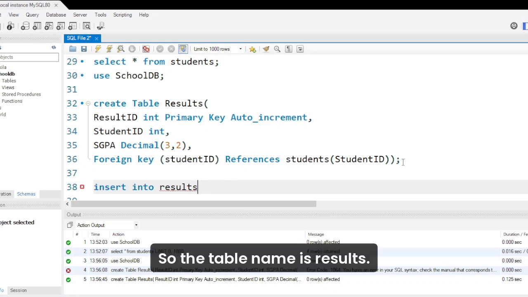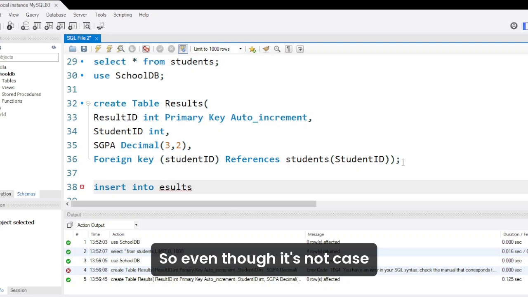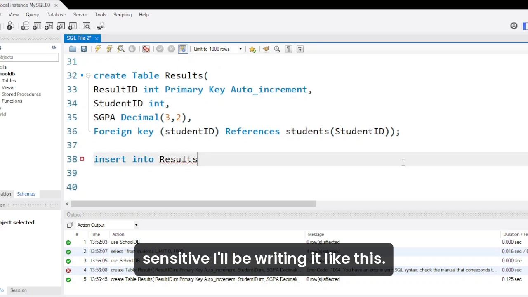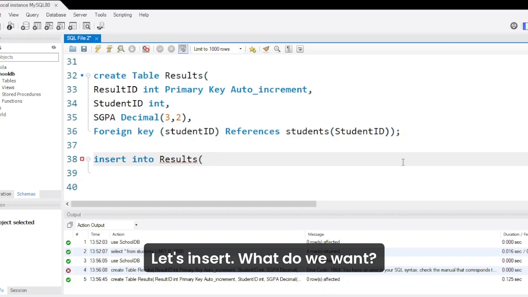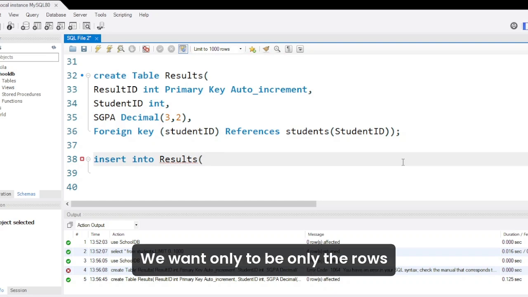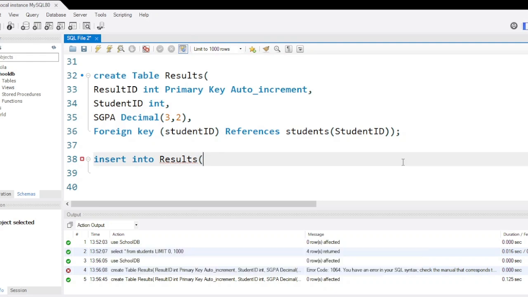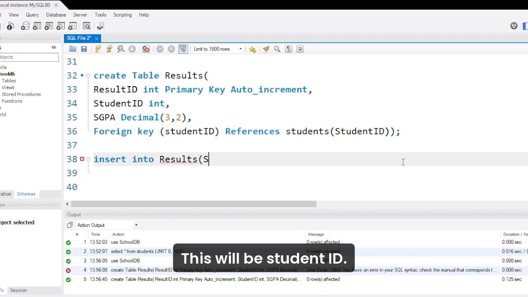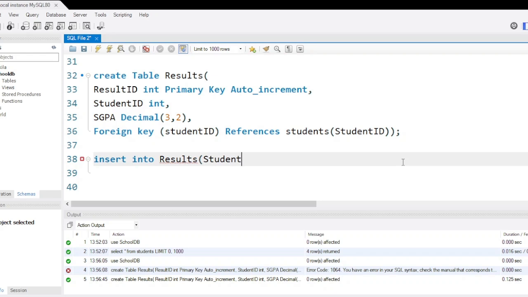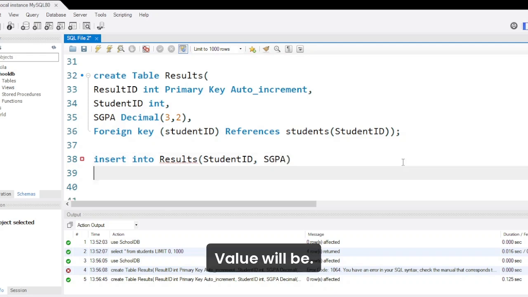So the table name is results. Even though it's not case sensitive, I'll be writing it like this. So insert into results. Let's insert what we want. The columns which we want to be affected by this will be student ID and SGPA. The values will be